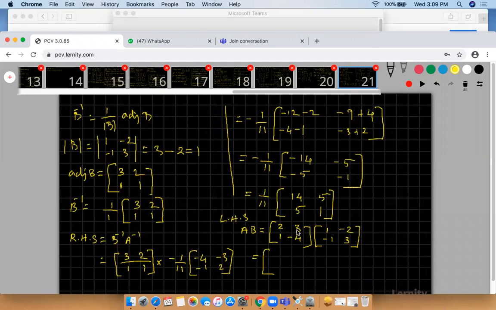So therefore, this first row, first column. Okay. So 2 minus 3. I'm just multiplying the two matrices. The matrix multiplication is row by column, first row and first column, 2 minus 3. And this is minus 4 plus 9. And here second row by first column, that is 1 plus 4. And this is minus 2 minus 12. So therefore the answer is, this is minus 1, this is plus 5. Okay, so this is also plus 5. This is minus 14. This is my AB. Okay.